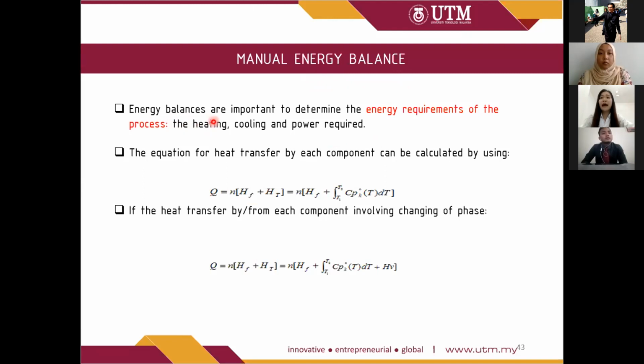So we calculate the heat transfer based on the m Cp delta T plus heat of formation. If the heat transfer involves changes in phase, then the equation will be the sum of the heat of formation, m Cp delta T, and heat of vaporization. So next,